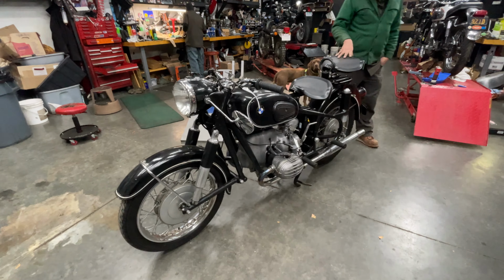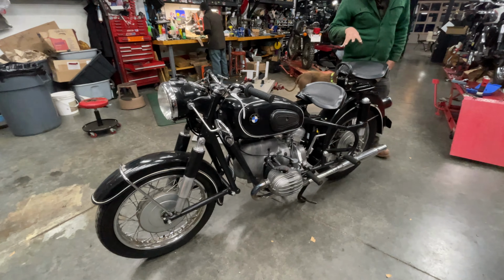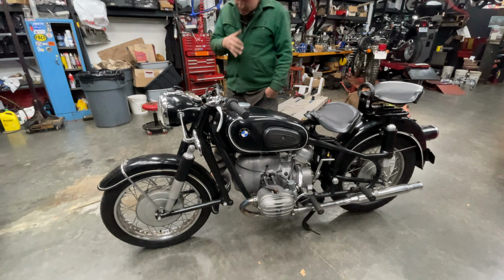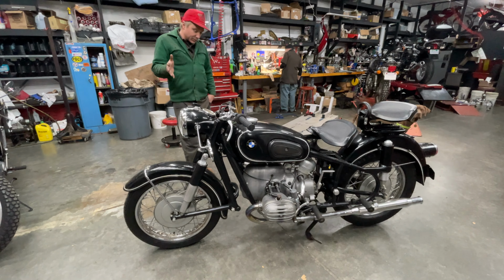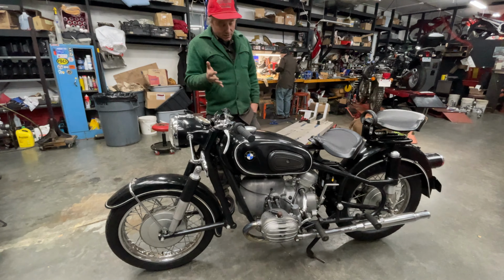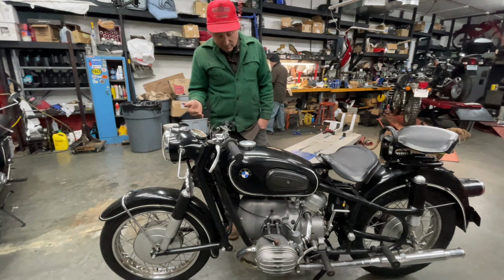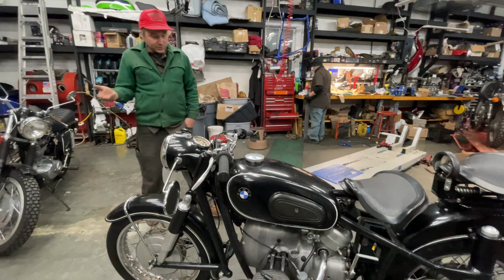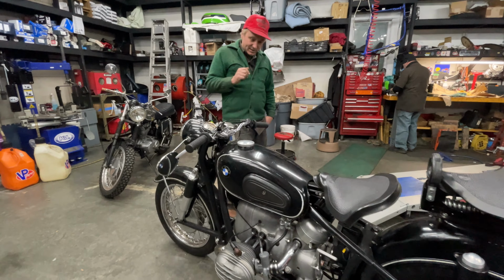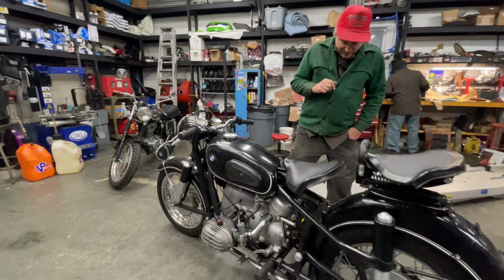If you follow classic bike auctions and things like that, the /2 BMWs have been going up in value quite a bit. Not only is it a cool collectible, it's a valuable collectible. The R50s are the 500s, and the R60s are the 600s. The R60s tend to pull a little bit more at auction, but they're both cool bikes. So, talking about it a little bit,